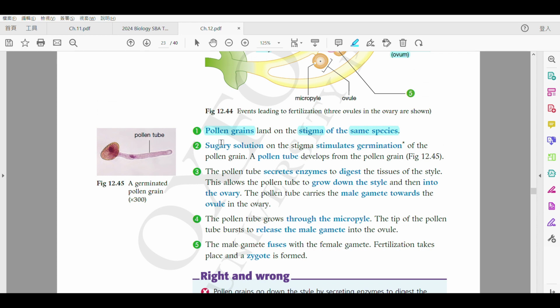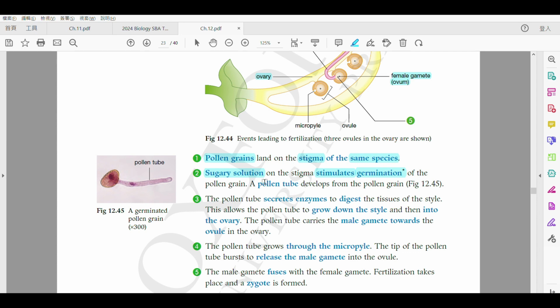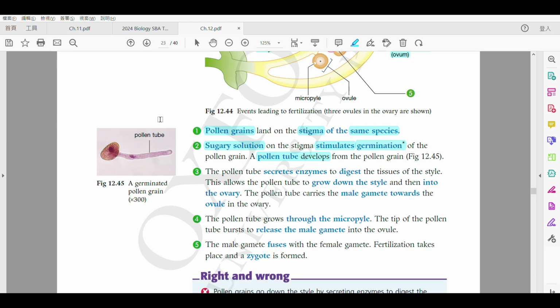好啦，咁 it will land on the stigma, and then 係 up on the stigma 啲乜嘢咧？佢哋會有一個 there is something called sugary solution, so it's just like sugar。OK，會有一啲嘅 sugary 嘅 solution 啦，solution 即係代表一啲嘅溶液或者液體啦。That will stimulate，stimulate 係刺激到呢個 germination，alright。So after it is stimulated，當佢係俾人刺激到之後咧，what will happen？They will develop a pollen tube。個 pollen grain 咧會 develop 咗一個 pollen tube。